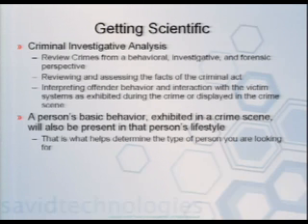Law enforcement, and this is a law enforcement quote: a person's basic behavior exhibited in a crime scene is also present in their normal lives. You can infer that any way you want to. But it will help you determine, especially if you're working in commercial space, what's going on in your attack, and go back out and do research on your attacker. Sometimes in code, if you reverse it, you go through the email addresses, IP addresses, specific keywords, and you can go back and find a hacker group website or somebody's MySpace account that has all their information on it, just by finding a keyword in the code, right? And that allows you to better understand who is coming at you.